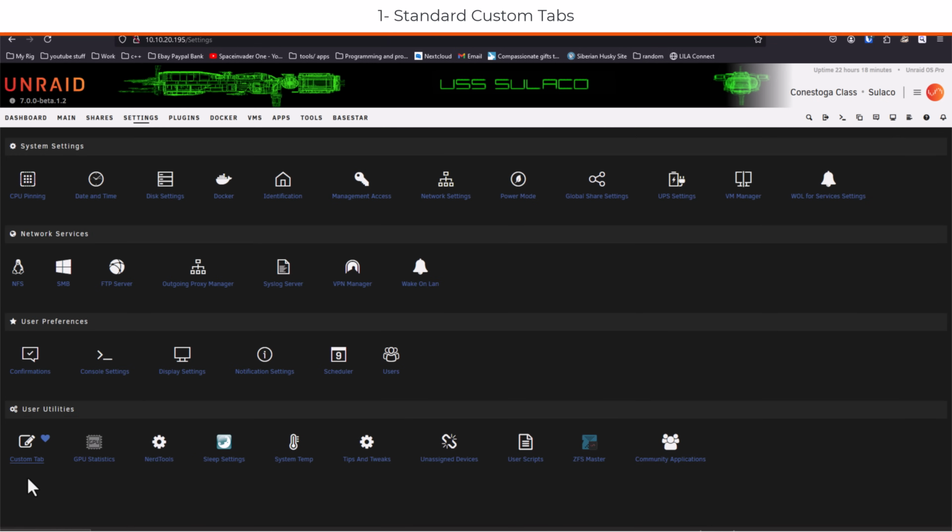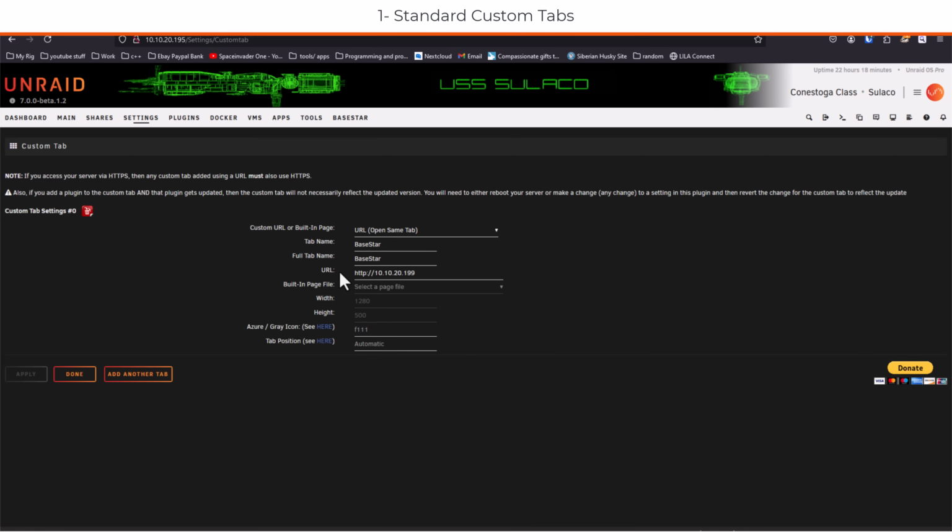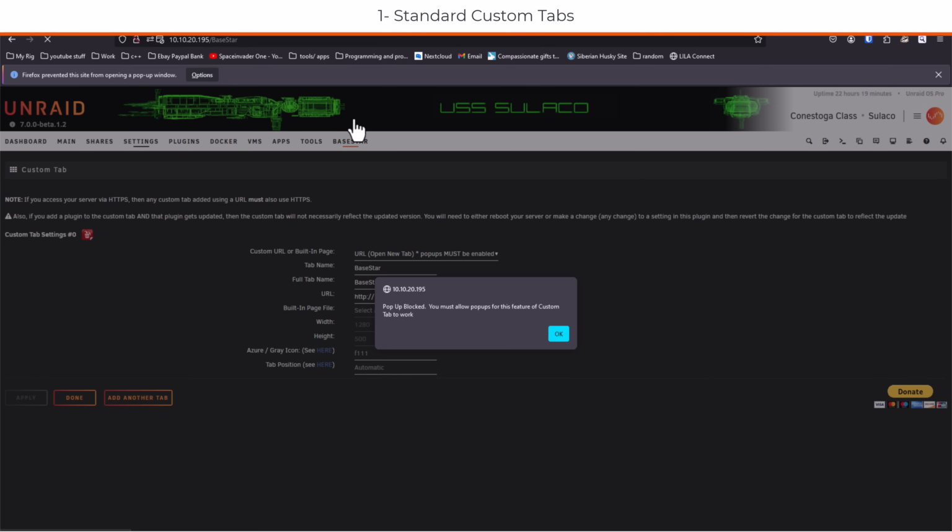Let's go back to the other server and go to custom tab here. And what we can do is we can go to URL open new tab. Now for this, it says pop-ups, they must be enabled. Now I haven't actually enabled pop-ups yet on this browser, but I'm going to click on apply anyway and try and open the tab again. And now I'm getting the message which it really should say, Space Invader, you're an idiot, you totally ignored the